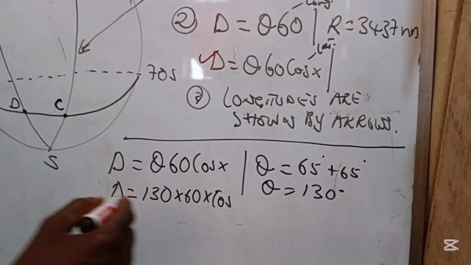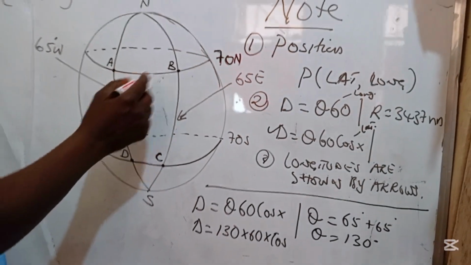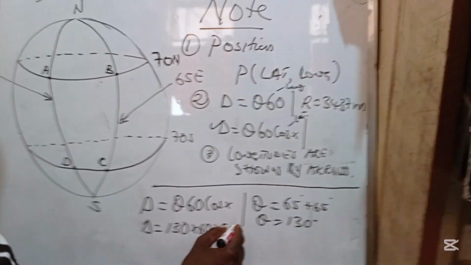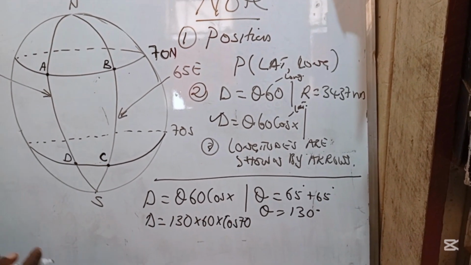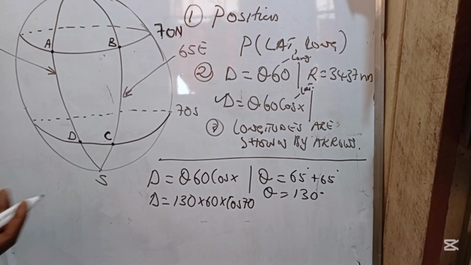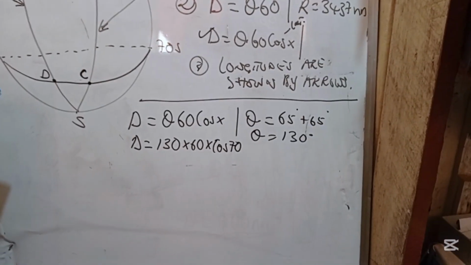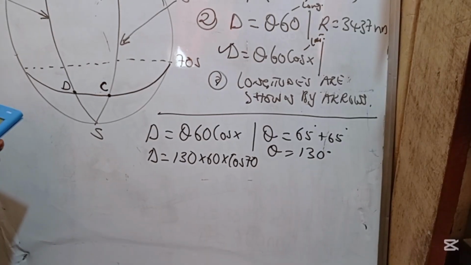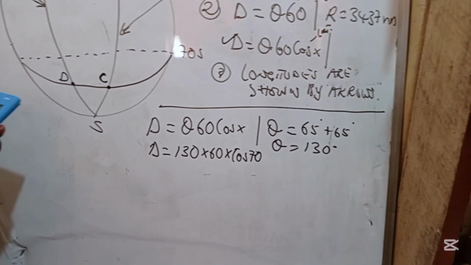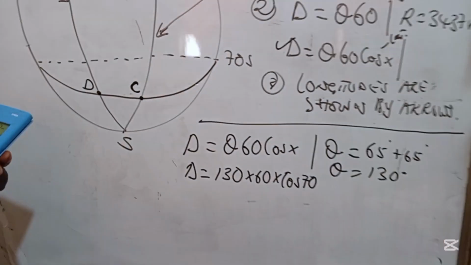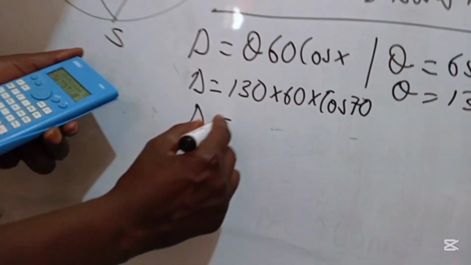We are talking about where the 2 points A and B, or 2 towns A and B, are lying. They are lying on 70 north. So no need of putting 70 north, just the 70. So ladies and gentlemen, here the calculator can be of good help. Use the calculator. Say 130 times 60 multiplied by cos, where the cos is the latitude where those 2 points are. Please, you are going to get this. The distance is equal to